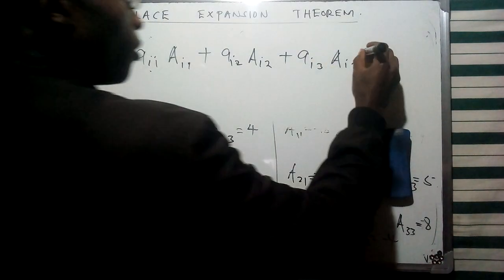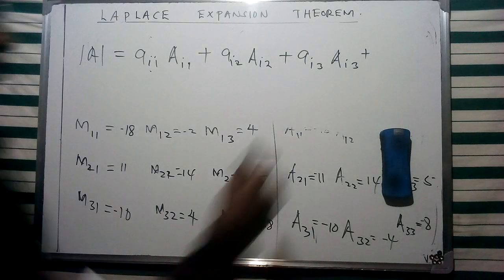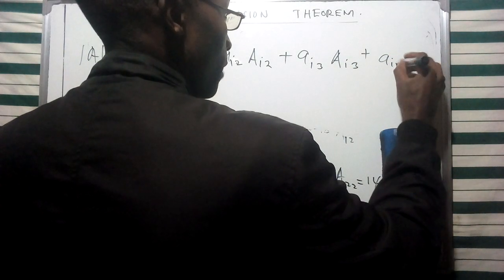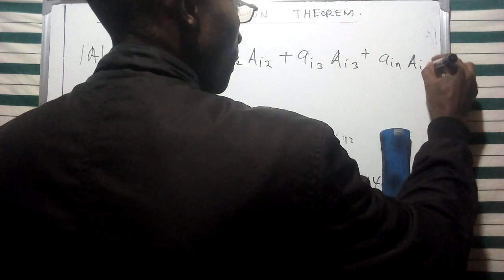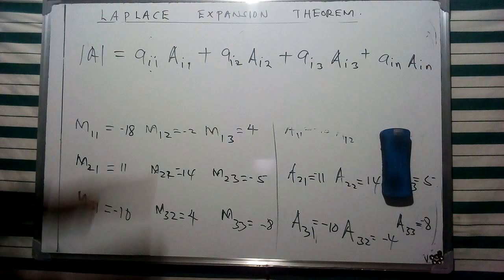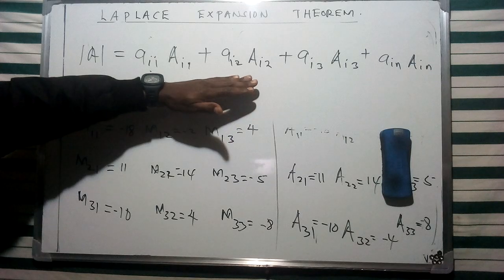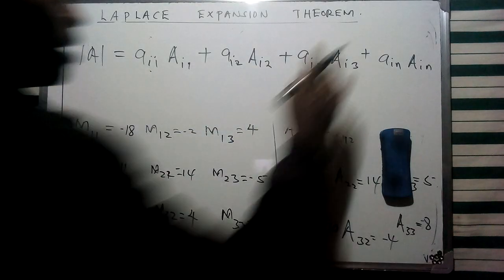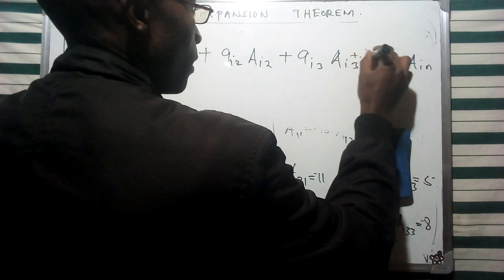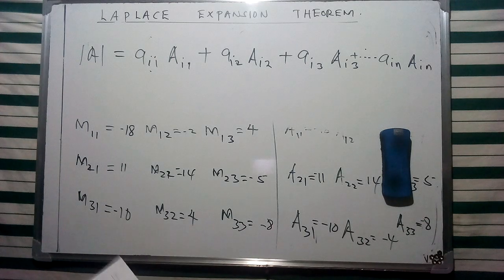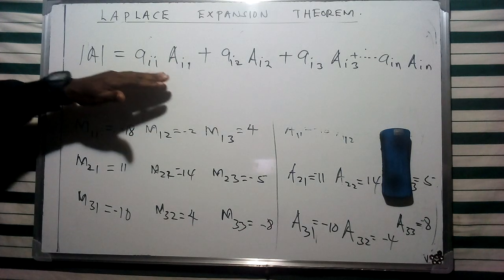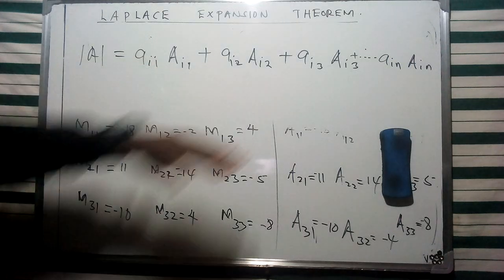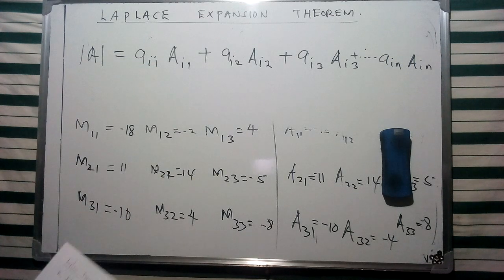So this is going to go on, and then we're going to have the element a_in multiplied by its cofactor c_in in that specific order. So this is going to be arranged in terms of these specific values, plus all the elements in between up to that last term. So this is concerning the rows, and of course we can obtain similarly